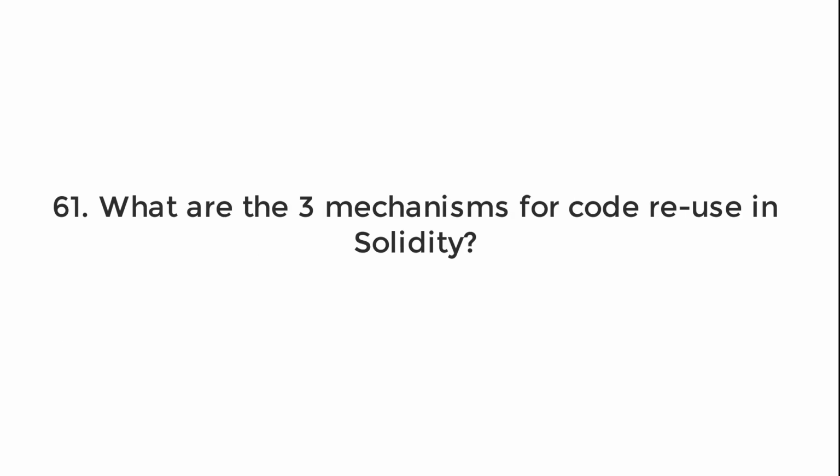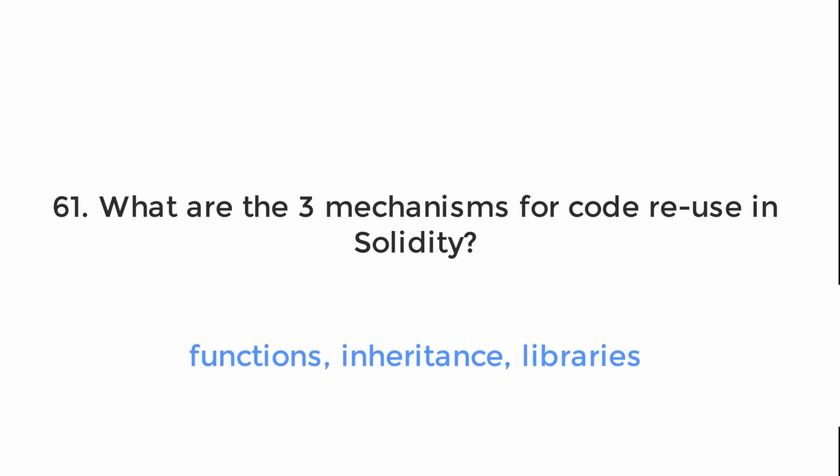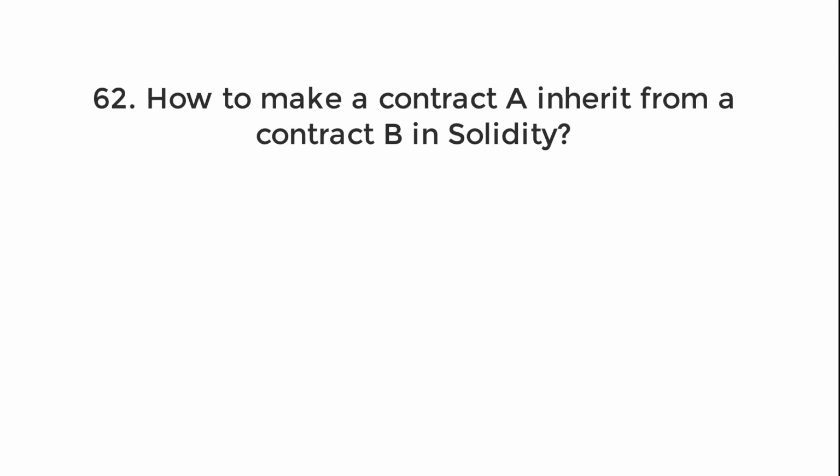What are the 3 mechanisms for code reuse in Solidity? First, you have a function. So if you notice that there are a couple of places in your code where you use the same code, then you can group this common code in a single function. Then there is code inheritance. Like in other programming languages, you can have an ancestor contract and a child contract that inherits from the ancestor contract. This way you have a basic code in the ancestor contract and each child contract can extend this code. For example, if you see the code of the OpenZeppelin framework, you will see that they make heavy use of inheritance in Solidity.